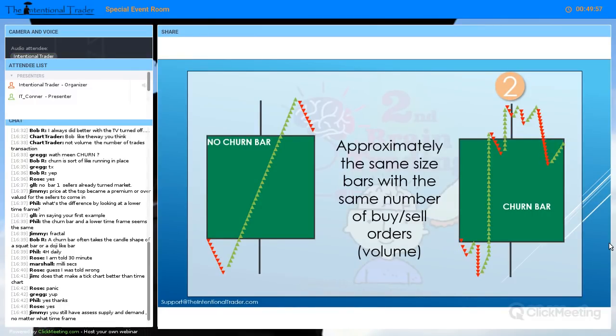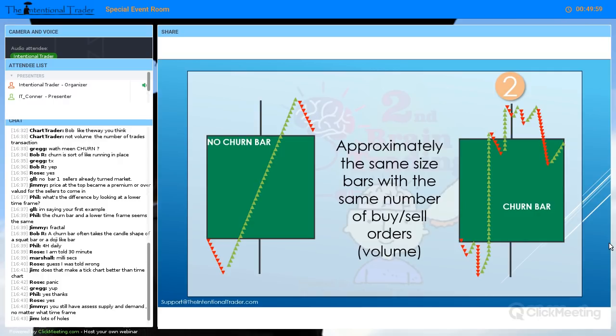You still have to assess supply and demand. Yeah, and that's exactly what we're doing, Jimmy. We are assessing supply and demand. And you know how we're doing that. We're doing that with this exact indicator. Now, that's another. Have you seen? I've done